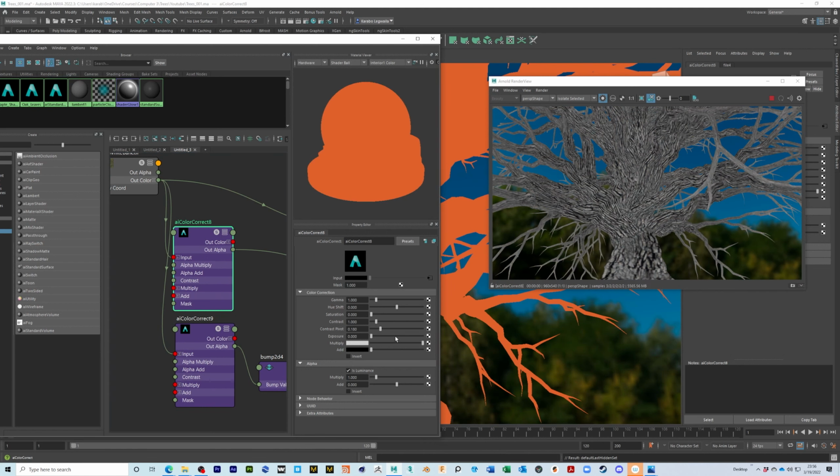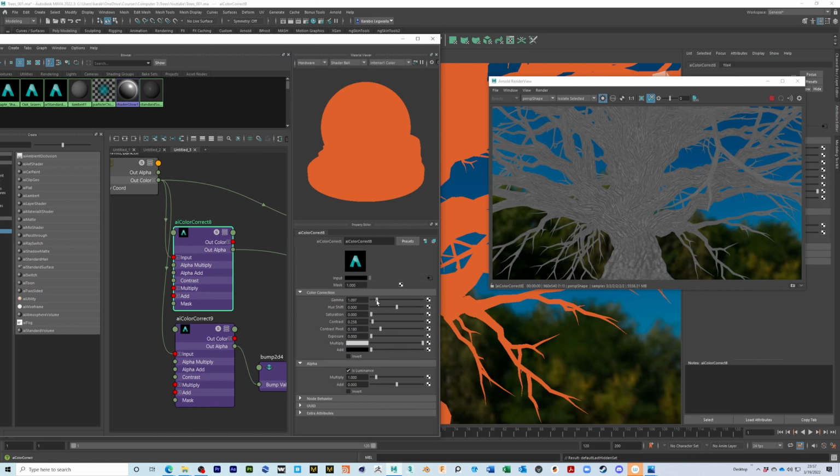Let's kill the saturation. Now with roughness, this is not going to work because any dark or black areas are going to be really shiny, really reflective, and any areas that are lighter are going to be sort of matte. So we don't want the crevices to be reflective. So what I'm going to do is just drop the contrast between the two,